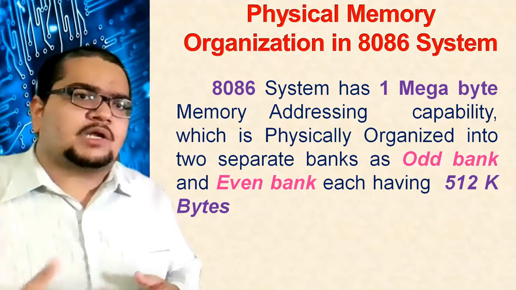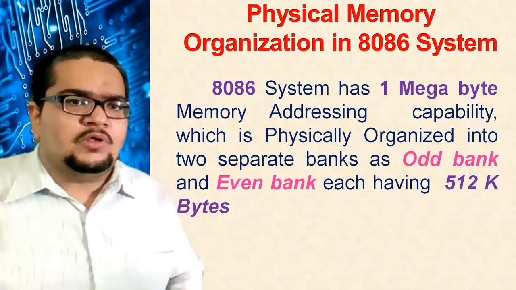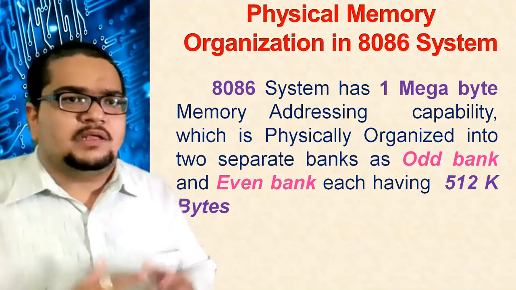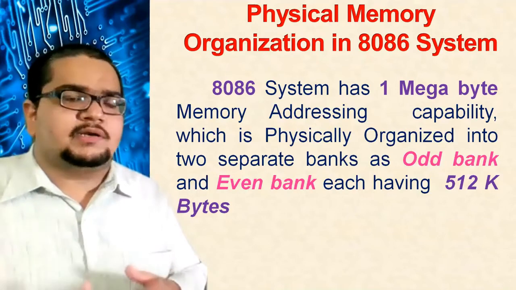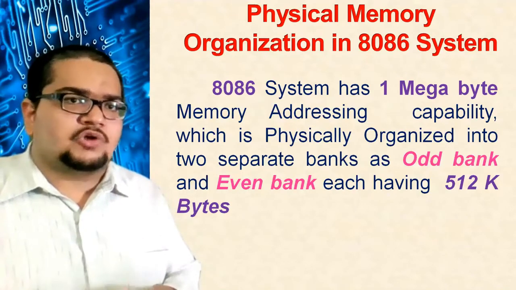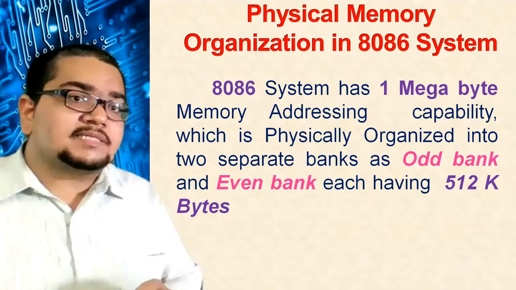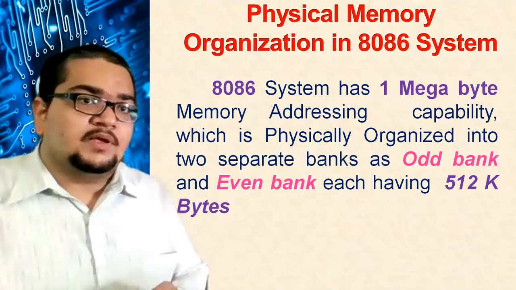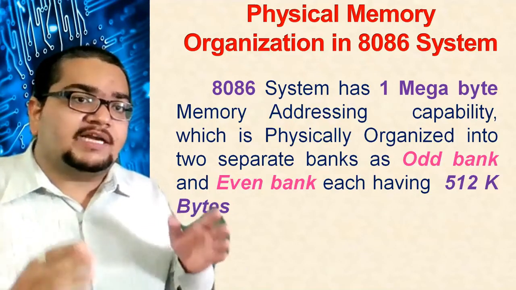Likewise, when you start counting it to reach maximum, it is FF. Now, about the numbers, naturally we know that every alternating number is even and every alternating number is odd. So if we start with 0, 0 is even, 1 is odd, 2 is even, 3 is odd, and so on. Now, all the addresses which are even, for that one, when you write in binary, the complete 20-bit address